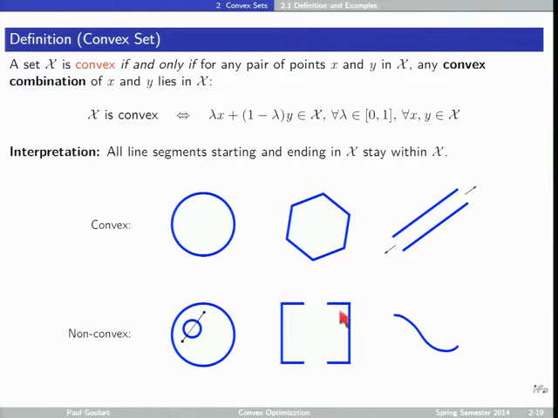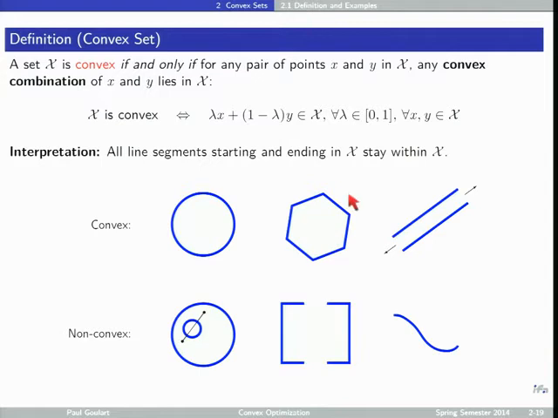Generally you can think of a convex set as one which has nice rounded sides and doesn't have any holes in it. The reason this is nice is that when I want to solve an optimization problem, I take any point, evaluate my objective function at that point, and then I want to improve upon the value, so I want to go downhill. And I find that I can always move in straight lines around this set